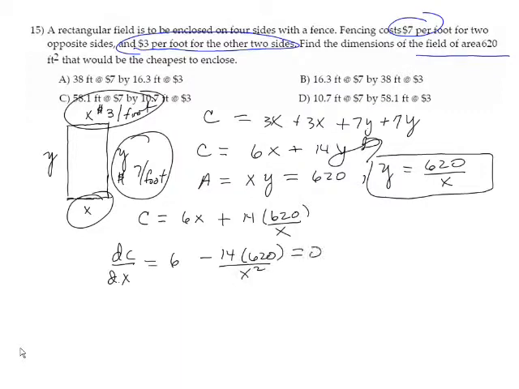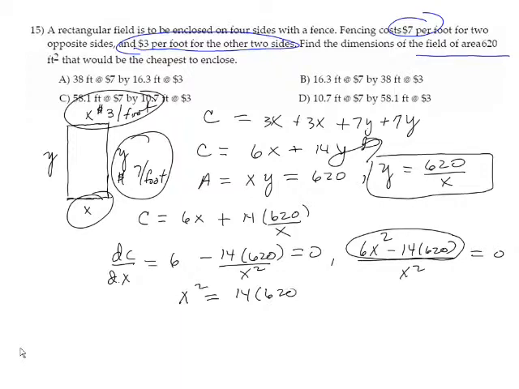Set that equal to 0, and you get that 6x squared minus 14 times 620, all divided by x squared, equals 0. The only way this could be 0 is for the numerator to equal 0. So we get that x squared is equal to 14 times 620 over 6. And we get that x is equal to